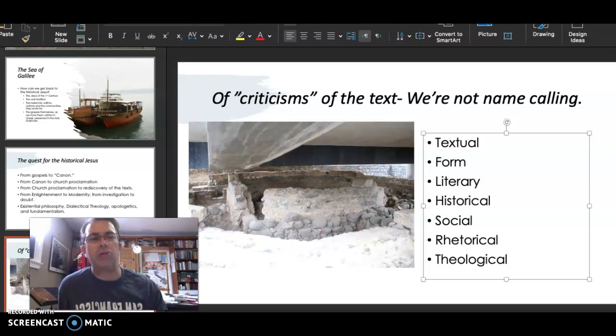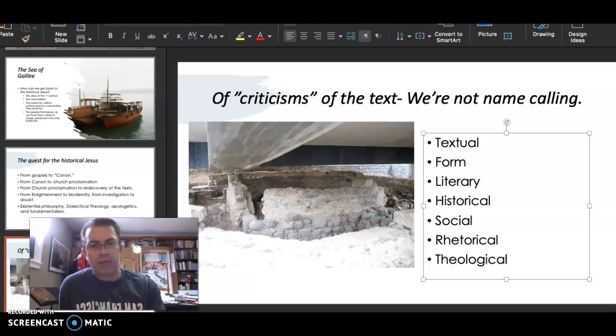But theological criticism is when you take the text and ask, what does this text say about God, the nature of God? One thing we can say from a theological point of view is that Jesus, as God's Son, sent in this way, reveals to us who God is, and that puts all the other ways of knowing in second place. That's a theological claim based on the witness that we have in the text that we have.